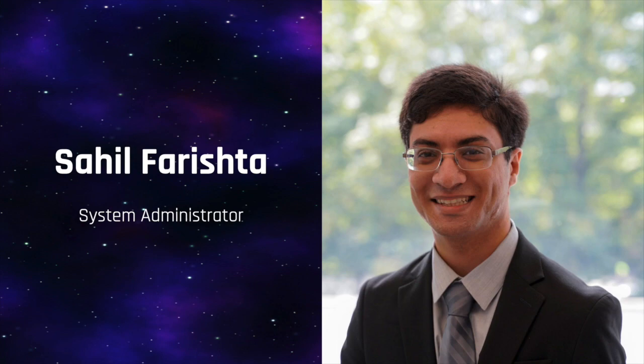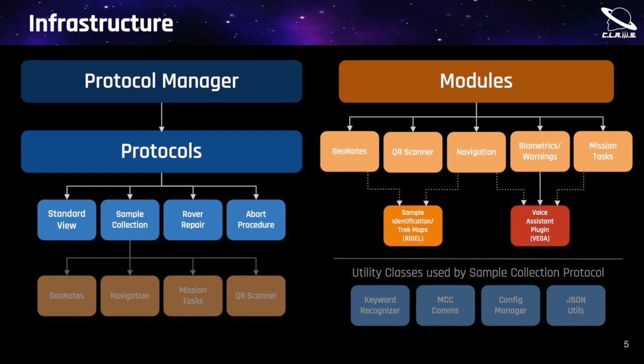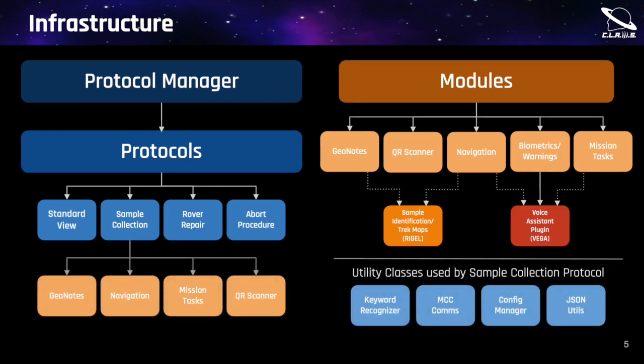Hi, my name is Sahil and I'm the sysadmin for CLAWS. I'll be taking you through some of the infrastructure for Atlas. The building blocks of the Atlas infrastructure are protocols and modules. Each protocol is designed for a specific mission state and has modules which provide the core functionality for each task. In addition, utility classes contain general use functions to streamline development. The protocol manager runs at startup and ensures smooth transitions and continuity between protocols and their modules. Here we can see an example of the sample collection protocol broken down into the various modules and utility classes